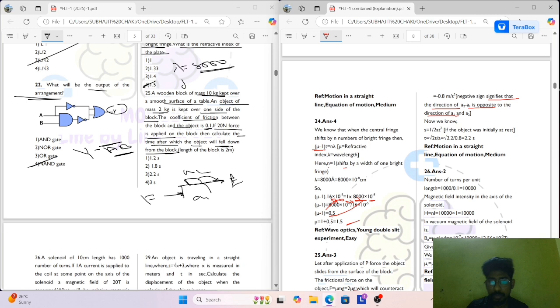What will be the R here? The total R will be equal to R plus R equals 2R. So the current will be equal to V by 2R, V by 2R, because the total V is